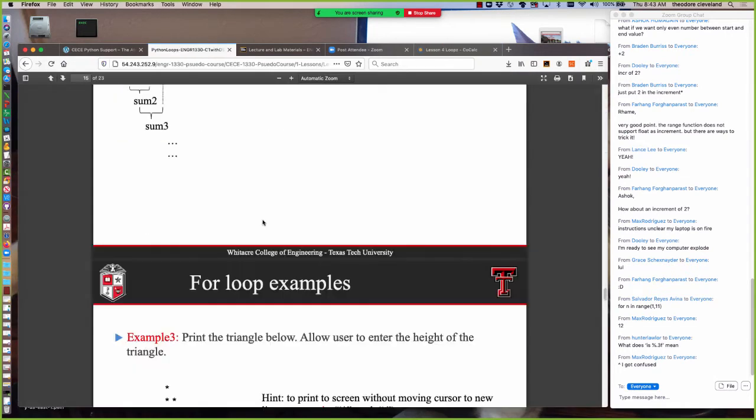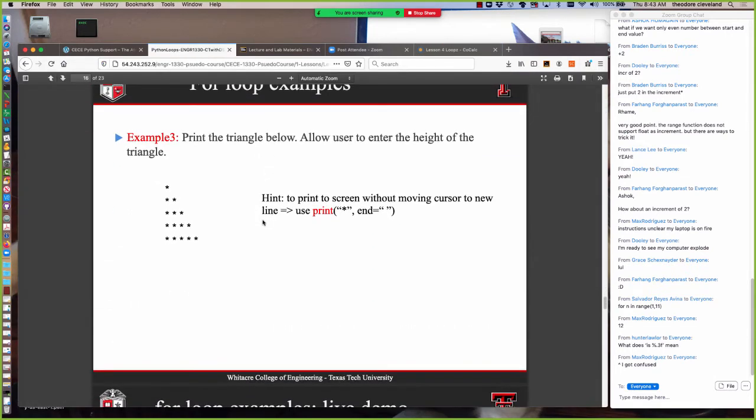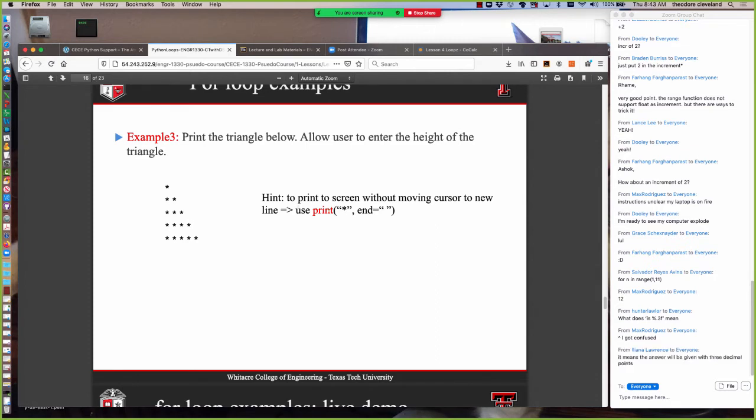Moving along, this I thought was a pretty cool example. It says print the triangle below and allow the user to enter the height of the triangle. So that's how many rows we want to enter. So we're going to do very crude console style graphics. And one way, if we need to print multiple values on a single line, we can use this print the symbol end equals null. And so what that means, by default, the print puts a new line character,